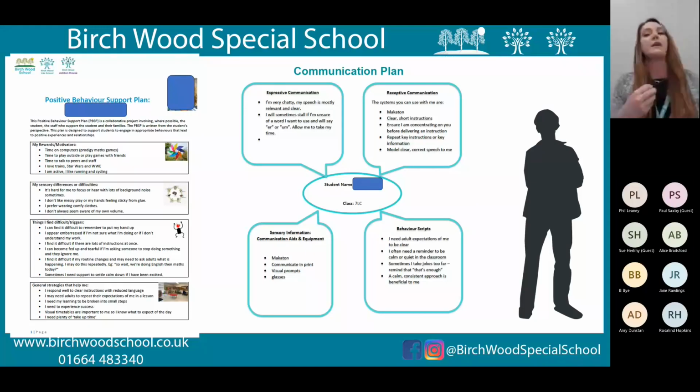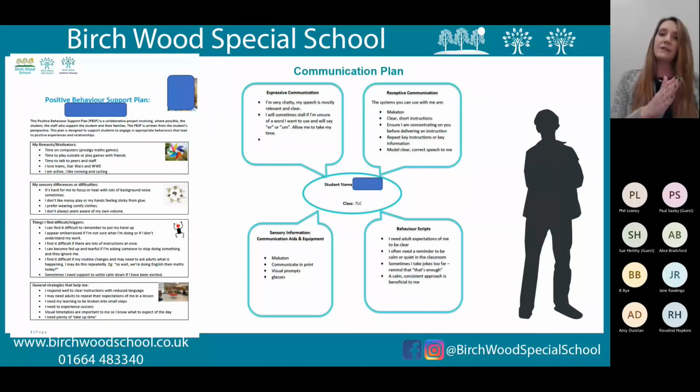It is brilliant if you can include the young person in that, if they are somebody who is capable of giving you their ideas and telling you exactly what it is that they like, that they find difficult, or things that they just really want people to know about them, things that are important about them. So it can detail their sensory preferences, which can be particularly important for us when it comes to setting up our classrooms and knowing what we need to have in terms of resources.